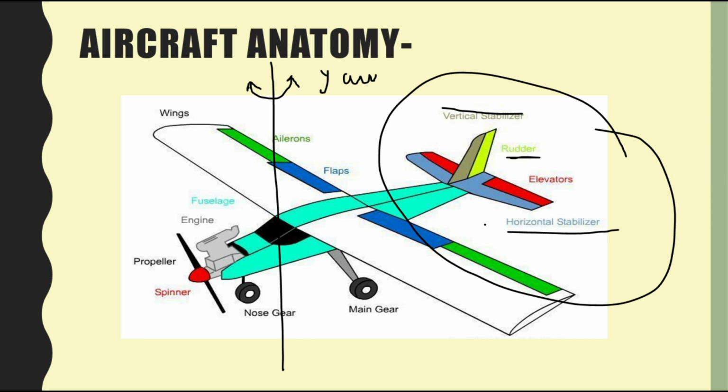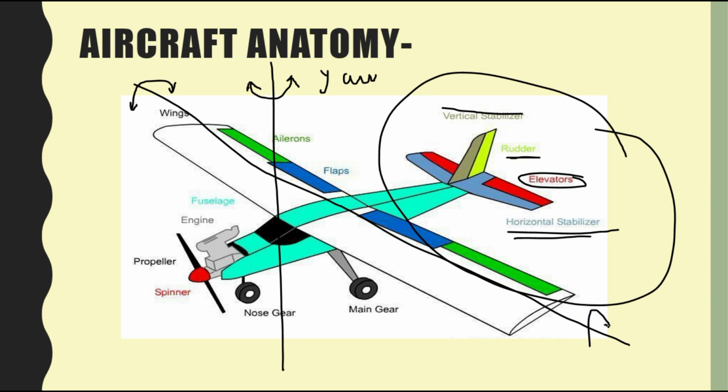Now, next to that, we have a horizontal stabilizer. A horizontal stabilizer is adapted with an elevator. Now the elevators control the motion about the pitching axis. Now the pitching axis of the aircraft is known as this axis. So this is the pitching axis of the aircraft. Guys, mind my drawing because I am drawing with the mouse that I have. So I hope it is clear to you, but I'm not that good at drawing over the picture, but kindly bear with me. So the elevator controls the motion about the pitch axis.